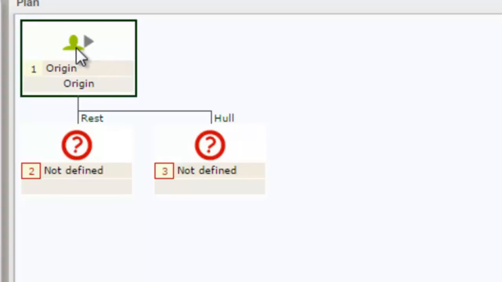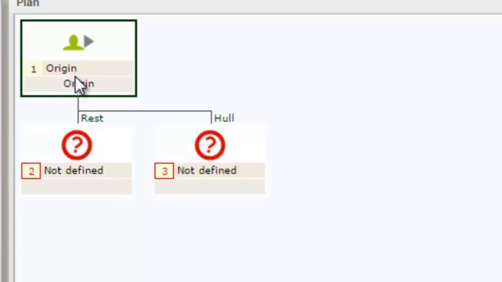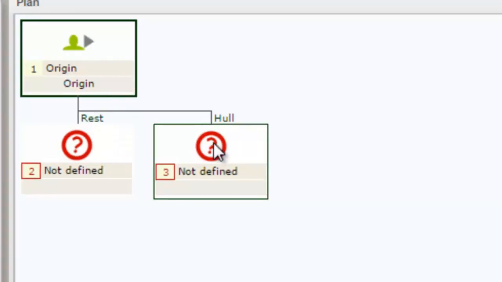So now in the origin icon, anything that comes from a Hull number goes down here, and anything else from any other numbers go down here. So what we need to do now is give any of the numbers calling from the Hull area code somewhere to route to. So we need to give them a destination. In order to do that, right click on the icon,